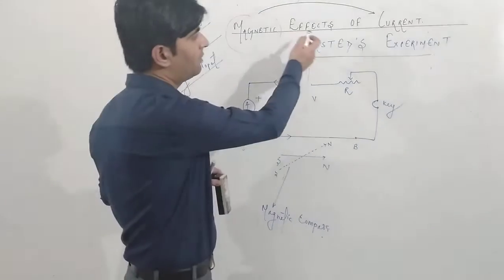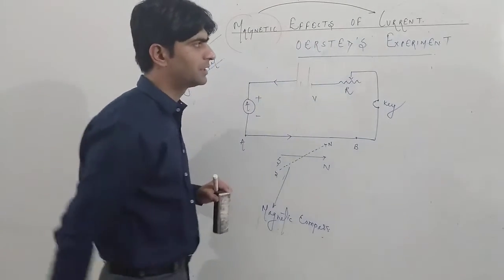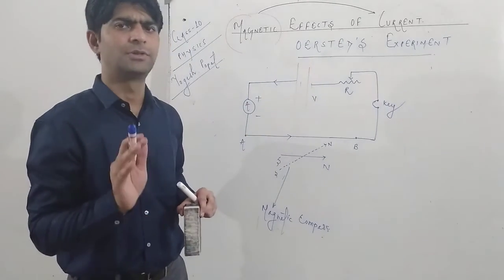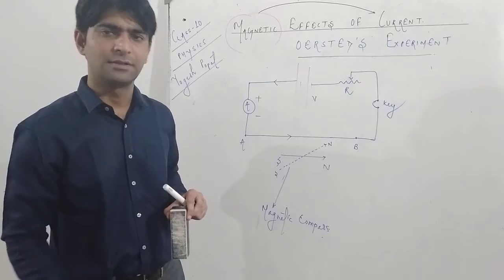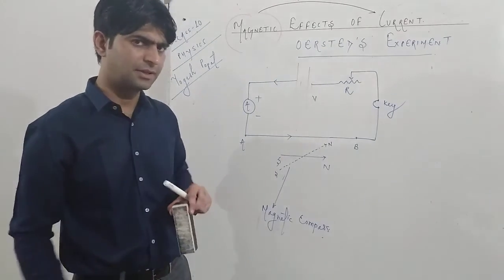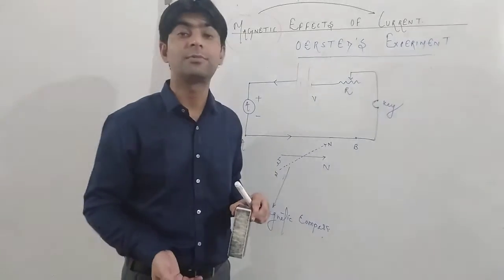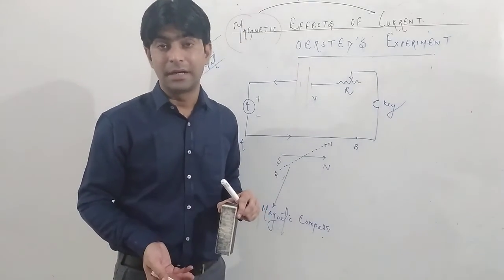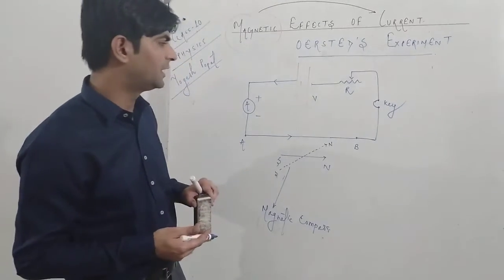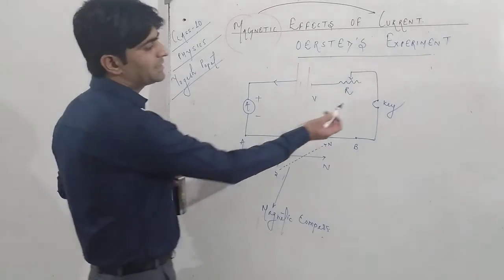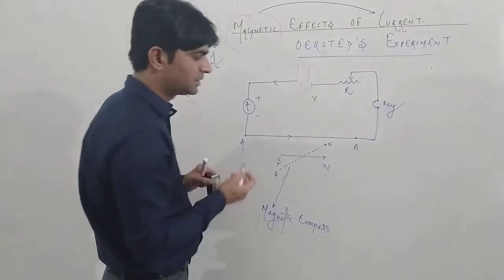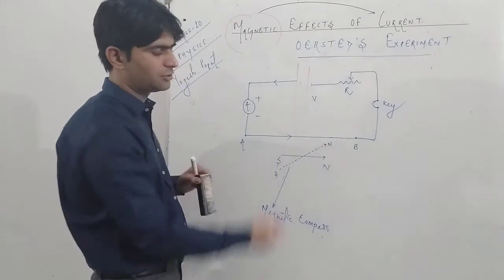So this is our initial topic in this chapter, that is Oersted experiment. The magnetic effect of current means a current carrying wire produces a magnetic field around it. This is called magnetic effect of current. Reverse is also possible. In the later stage we will discuss the reverse also, that a changing magnetic field also produces electric current, which is the basic principle of electric generator. That we'll discuss in the later stage. So when the key is kept open, there will be no deflection. That means there will be no magnetic field. When the key is kept closed, there will be a flow of current, due to which the deflection occurs in the magnetic compass.